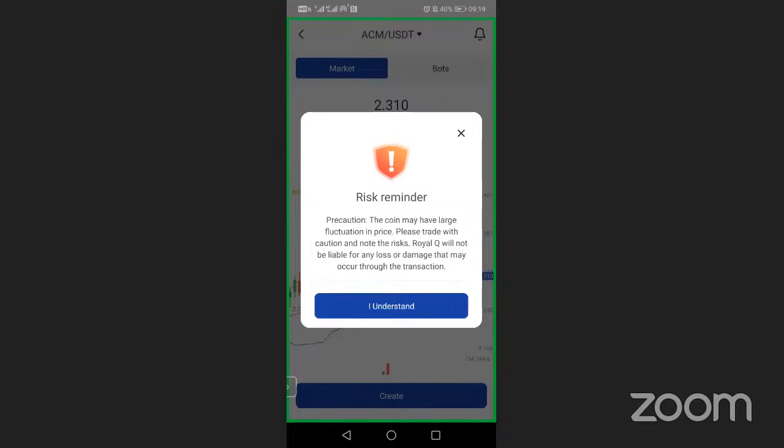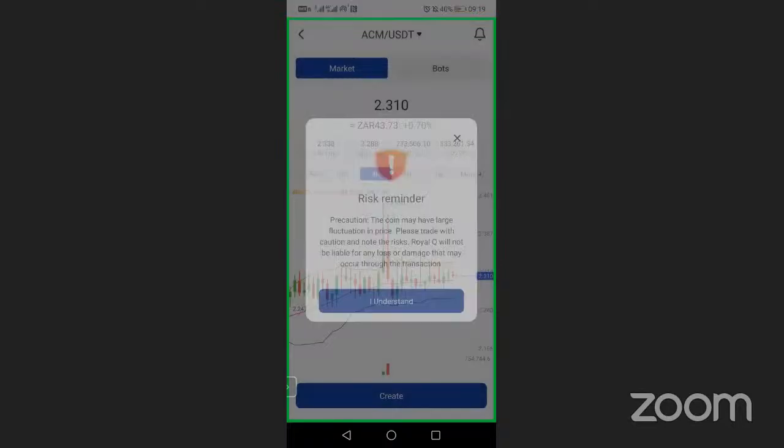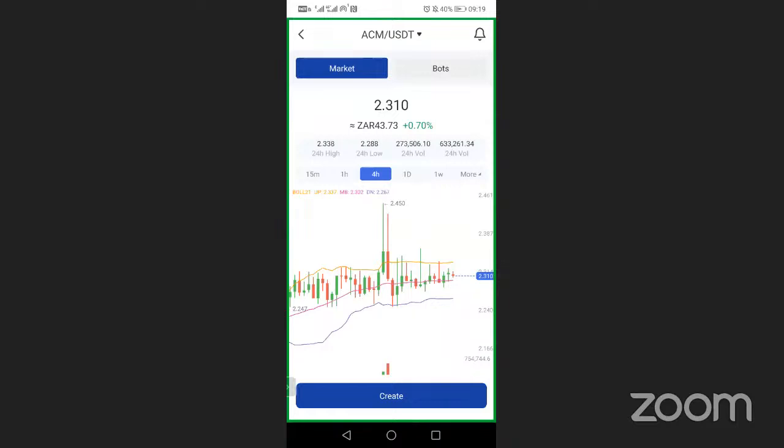Okay, just a moment. Let me just come back to Zoom before I share my screen. Let me do some setting here. Okay. All right. Let me share my screen now.